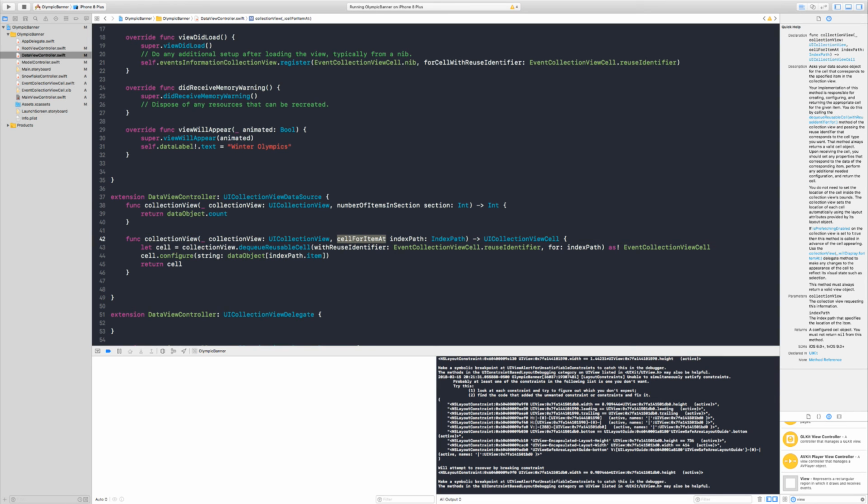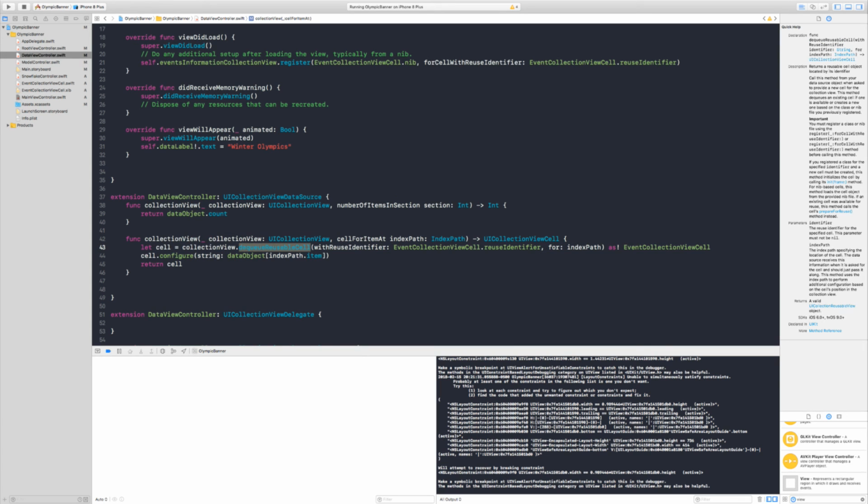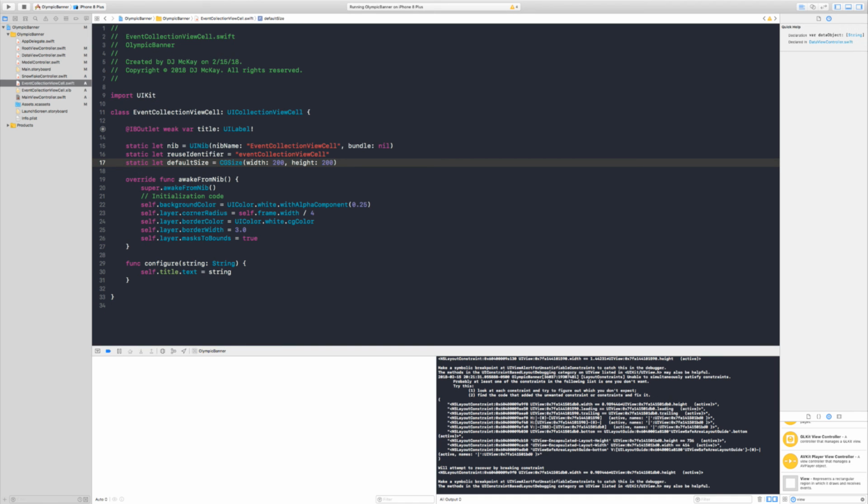when he calls us to say what the cell at that index should be, we say, hey, collection view, go give me another cell with that reuse identifier that we configured when we registered him. And we said, hey, just configure it. It was a simple object, just a string. We pass the string to him, and he configures himself based on that. Okay, so